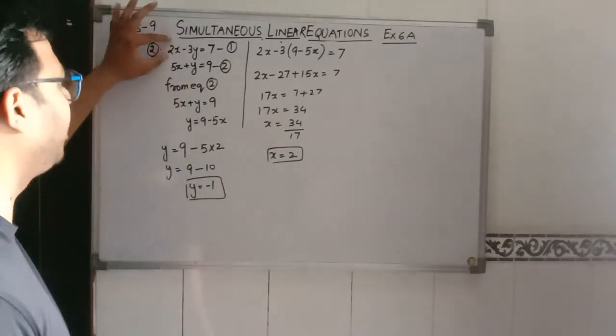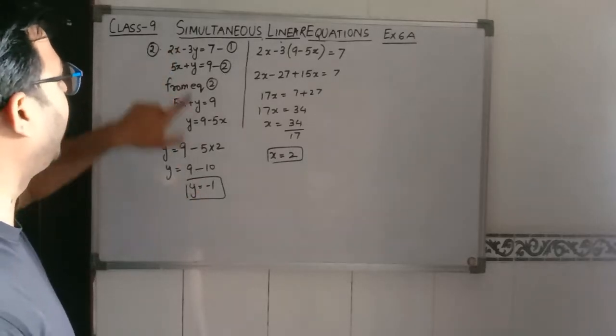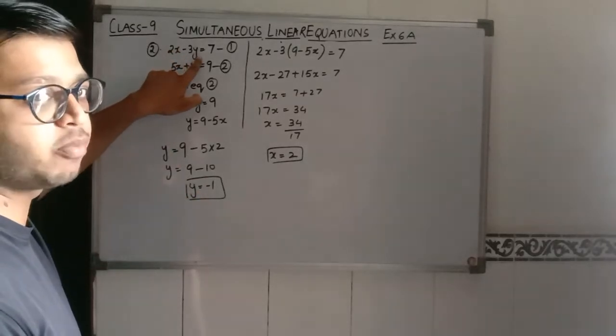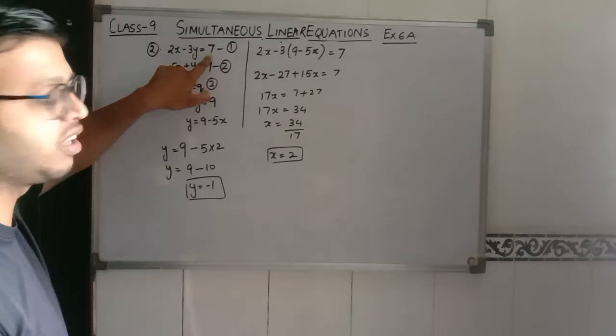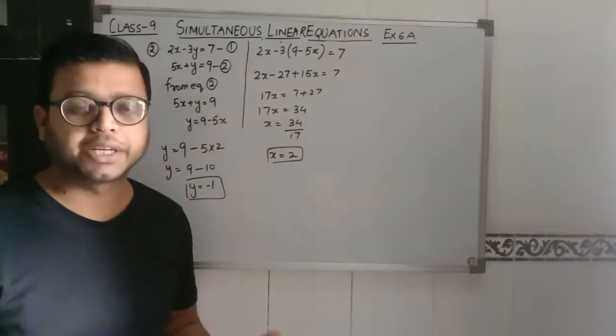Now just you can place them. 2 2s are 4 and 3 1 minus 1 minus minus plus 3. So 4 plus 3 will become 7. So these values are also correct.